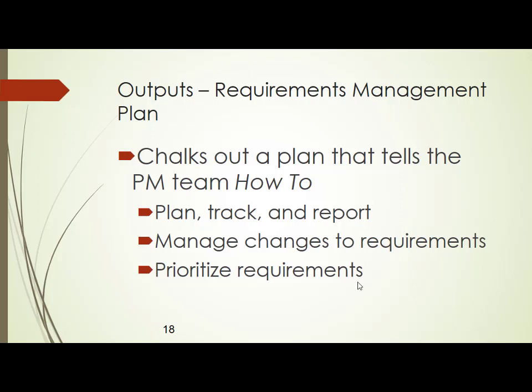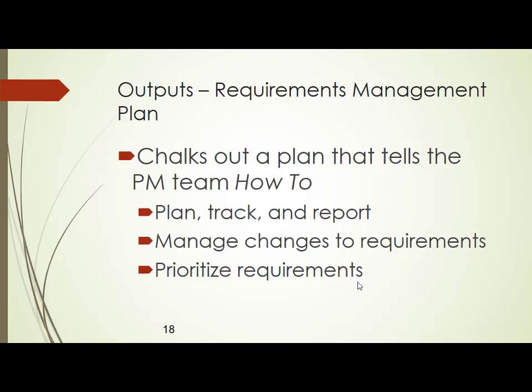That is because you have so many stakeholders now, and each of your stakeholders is giving a different set of requirements. So you have to prioritize which stakeholder's requirement should be taken on top priority, which on medium priority, and which on low priority. So where does that prioritization of requirements come? It is in a document called the Requirements Management Plan. And how do you manage changes to the requirements? That also is mentioned in the Requirements Management Plan.